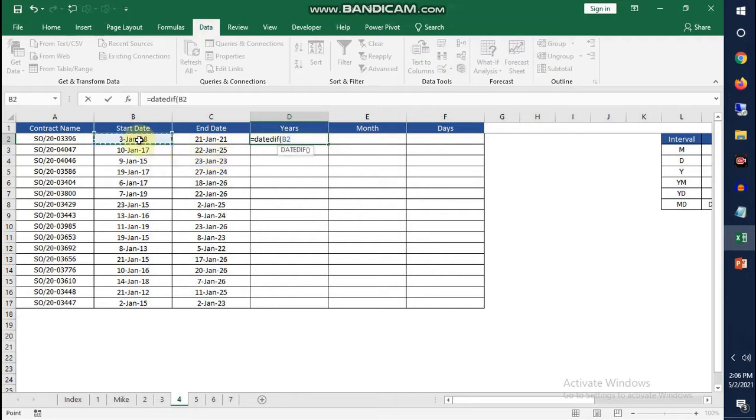DATEDIF, select start date, comma, select end date, comma, then double quotes Y, enter. So 3 years. Now we are going to calculate months. So DATEDIF bracket open, start date, comma, end date, comma, YM.